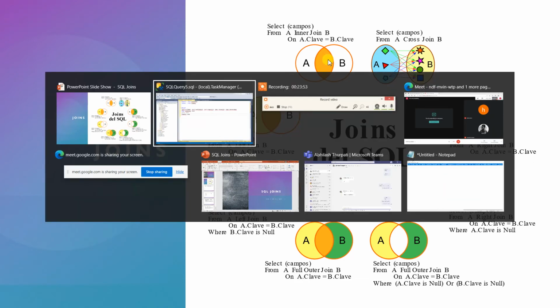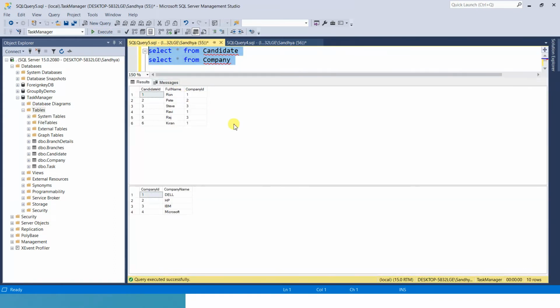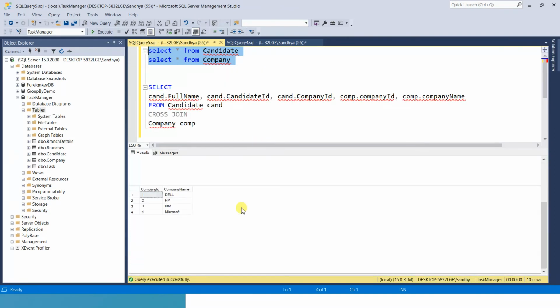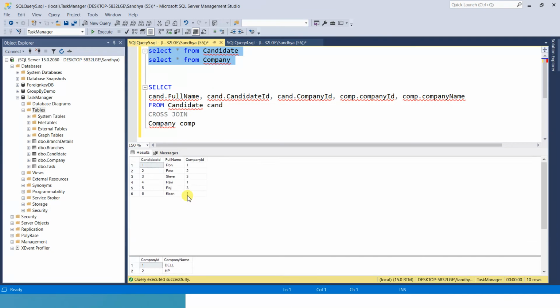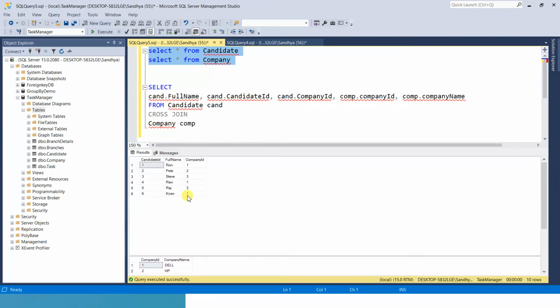Okay, so we will use the same example, the same tables, and we will try to find out the result of inner join. So if you see here, I have 2 tables. One is the candidate table and one is your company table. We see the company ID is a foreign key here.